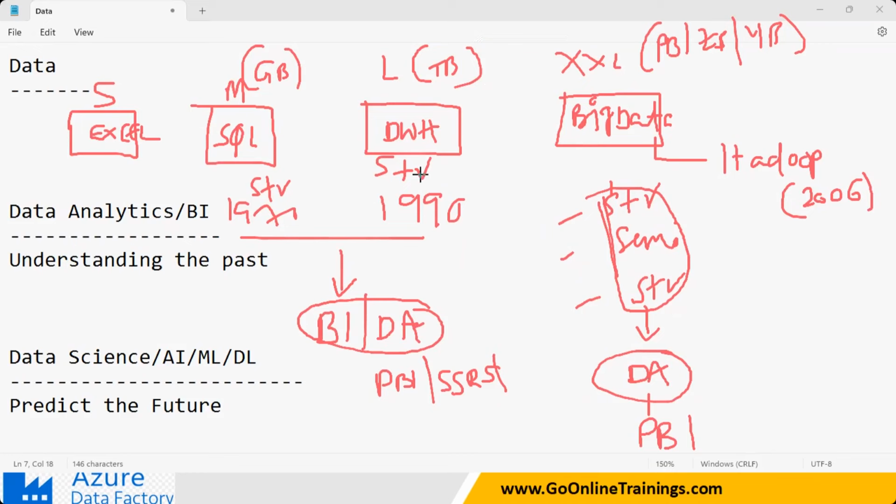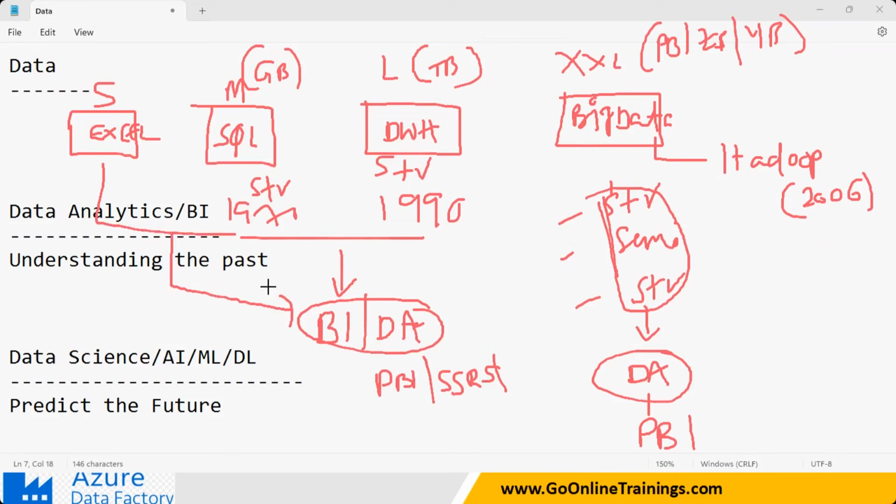In this also you will be able to perform BA. Since it is structured data, it is simply business data. But now we were only able to understand how the past was. The companies wanted to understand what my sales were last year, what my brand was in the last 5 years.